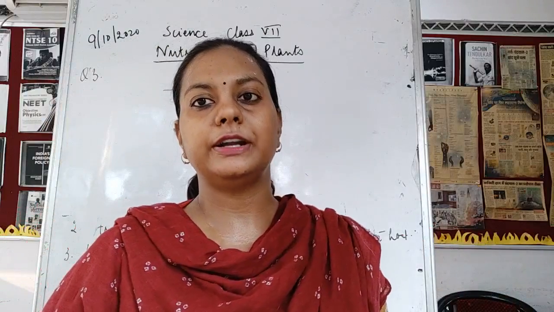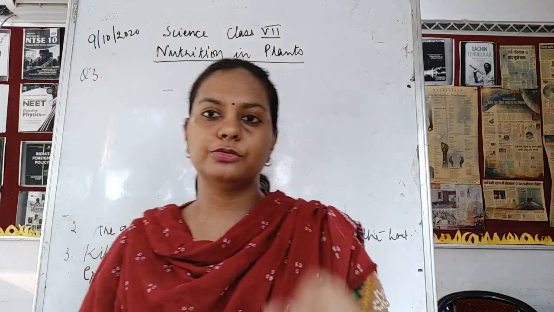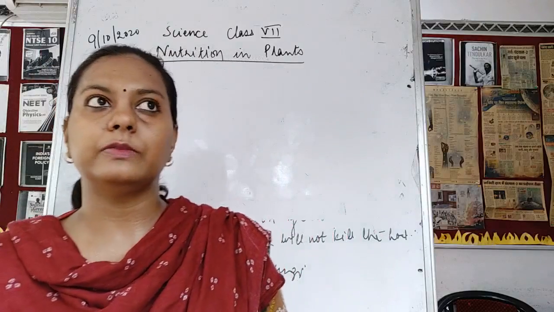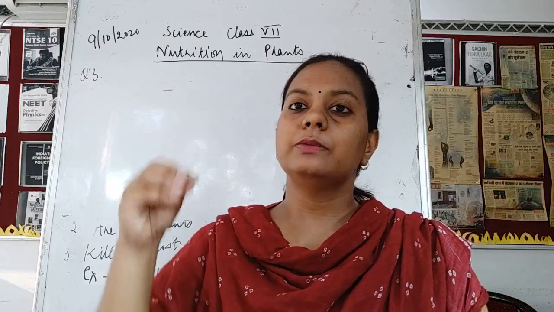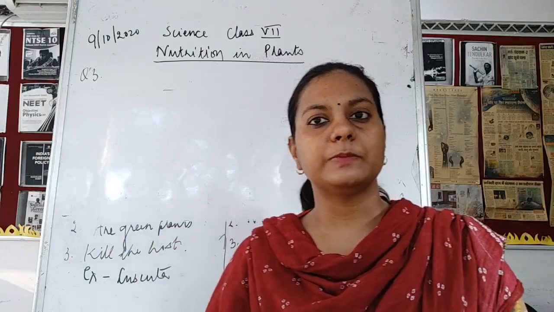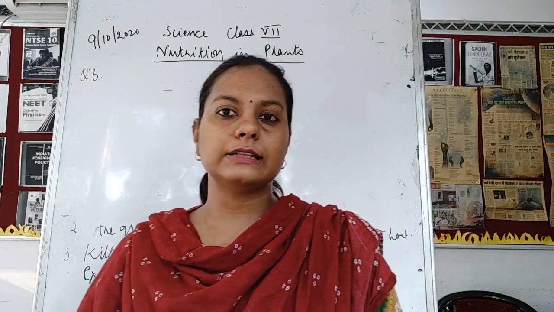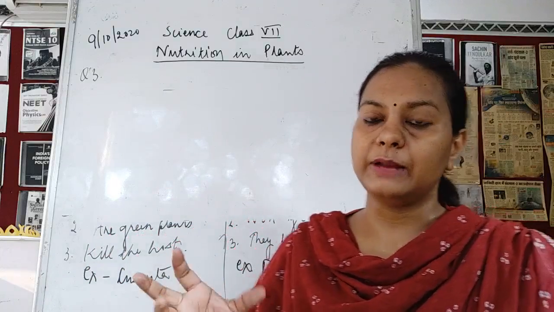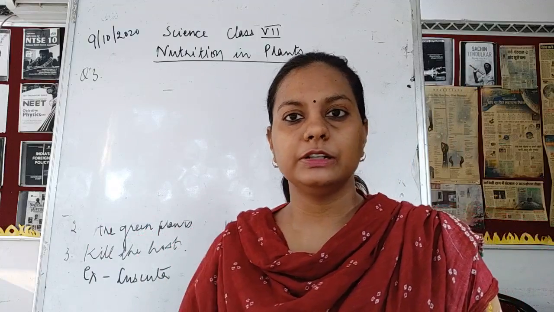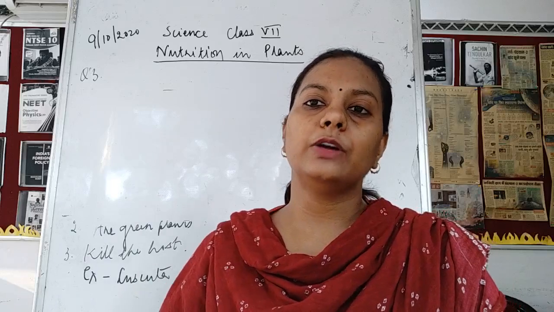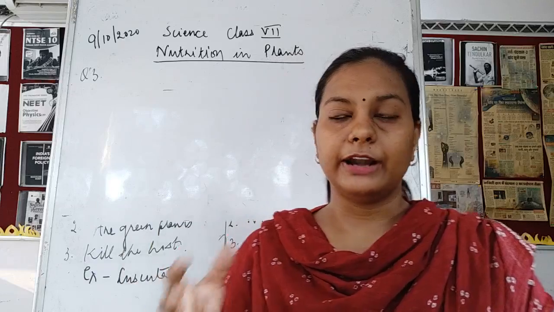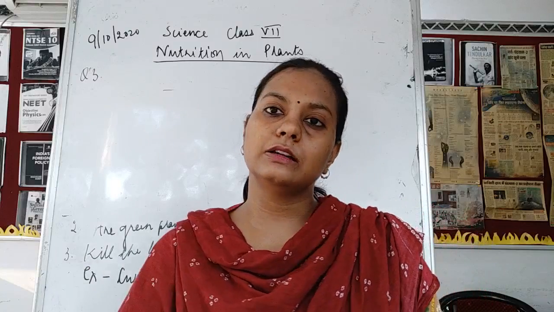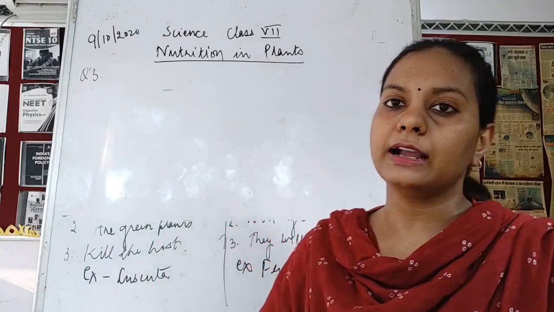So here one activity is already given where you will keep the plants for 2 days in the dark and 1 in the sunlight. Then you will take up the leaves from there and perform the starch test. You will put the iodine solution on it, and the plant which was in the daytime is going to give the result as blue-black color, whereas in the plants that were kept at night time, all the starch was used up. That is why the iodine test was not positive over there. So during night time the starch is not produced, only in the daytime the starch is being produced. That is why it is going to give blue-black color with the iodine solution.